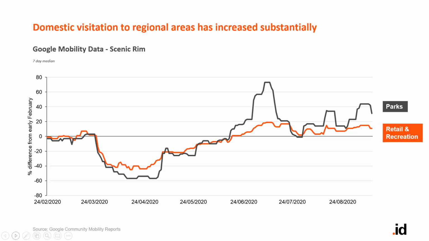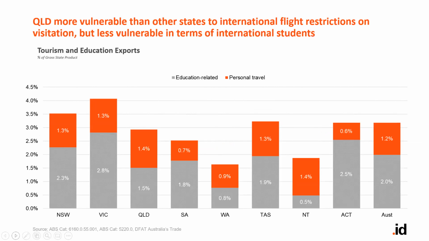So regional communities, I think, are reaping the benefit of people making lifestyle changes as they move to new destinations, and they are aware now of being able to work like this, work from their computer from anywhere. So Queensland is more vulnerable than other states to international flight restrictions, but not as vulnerable in terms of international